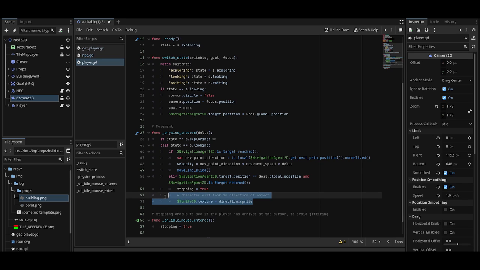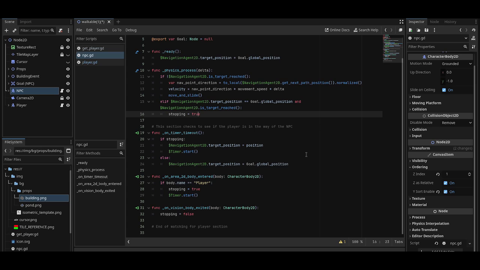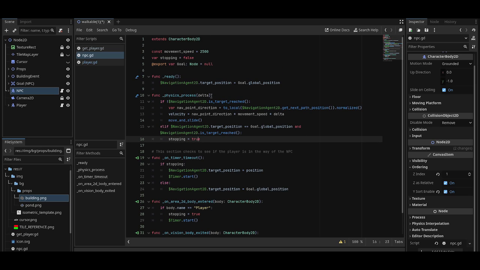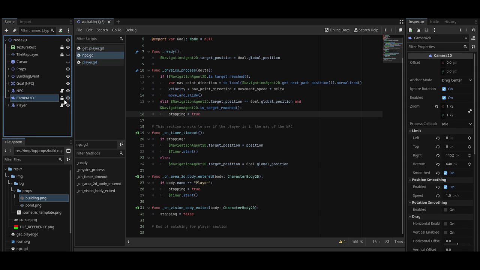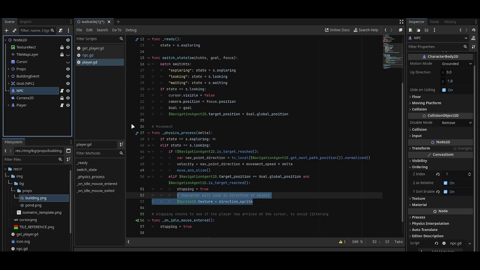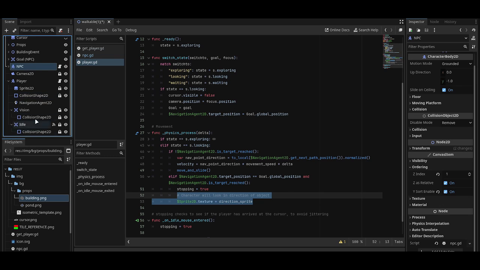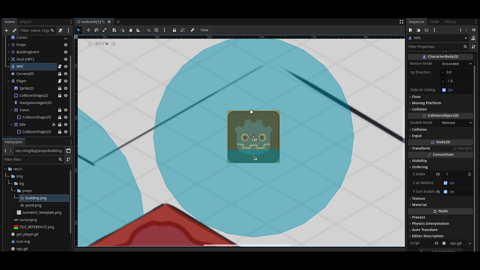Honestly, this bit right here should probably be in the NPC's script also, in case we want the NPC to be looking around or anything like that. We can swap out the sprite, change the direction, that type of thing. But I think that's about it. I'm not really seeing any extra stuff. I think I made some adjustments on